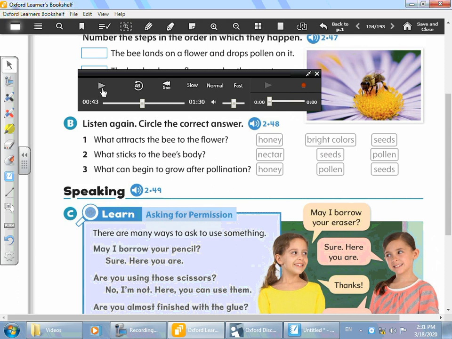Bee gathers the nectar. Pollen from the flower sticks to the bee's legs and stomach. Some bees also gather pollen for food, which